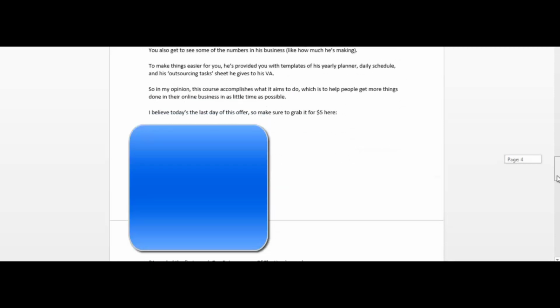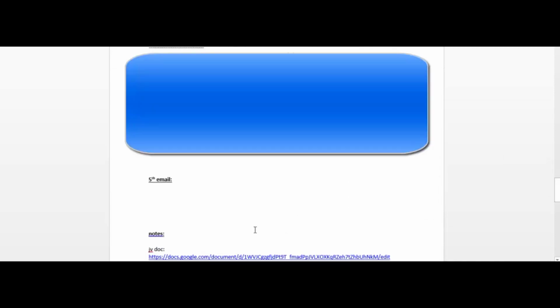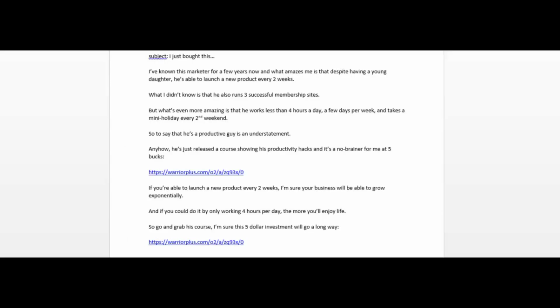Now let's scroll down to the bottom here. As you can see, I was actually going to write a fifth email, but I just ran out of time. I had too many things to do. So I believe I could have made more sales if I sent one or two more emails on the last day of the launch. In this email, I want to revisit the emails that I showed you in the previous email. Because you see, in the previous email, I forgot to mention the benefits that I wrote into my emails.